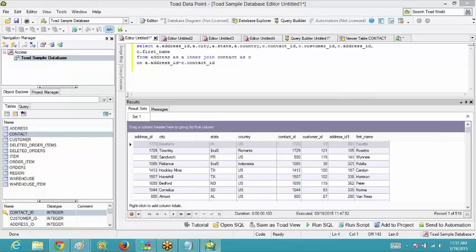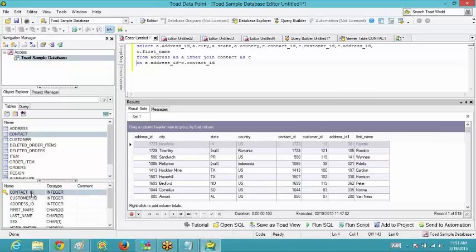See, in the contact table there is a column named address ID, and you are extracting that address ID also, Prasanna, right? Ideally this address ID should be equal to the address ID of the address table. But it is not so. See, the address ID is 1723, but over here it's not the same. Only the names of the columns are the same. That's it.